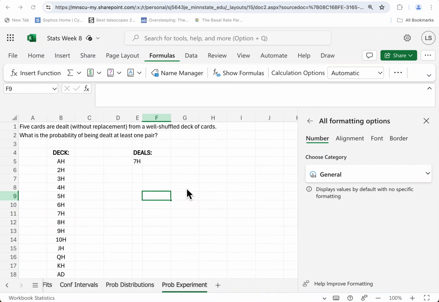Fourth and final part of this Excel lab, we're going to do a probability experiment. Here's the question. 5 cards are dealt from a well-shuffled deck, without replacement, of course. So what's the probability of being dealt at least one pair? You might remember this question came up earlier when we were playing with combinations, and I was fussing over it